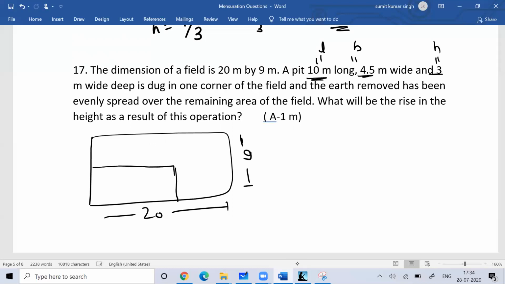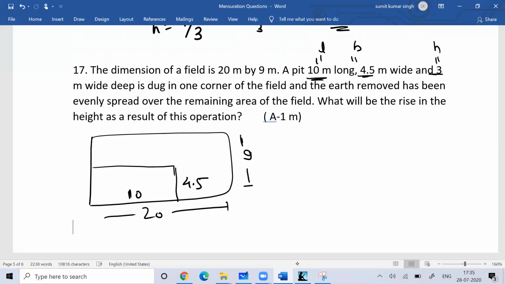This is half, so somewhat like this. So this is 10 and this is 4.5. And now 3, I can't show you 3 because we are working on a two-dimensional plane. So I can't show you 3 here. So you can easily understand. So you need to understand when you are creating that pit, then automatically